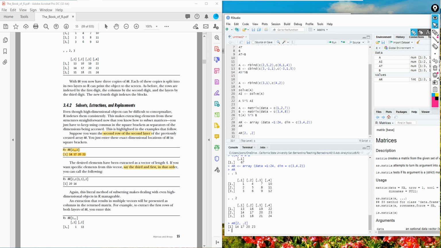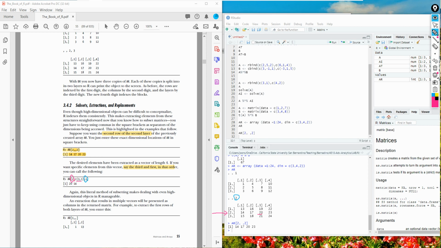Now if you look at the second layer and the second row, which is this one, and the columns, they say third column and the first column in that order.